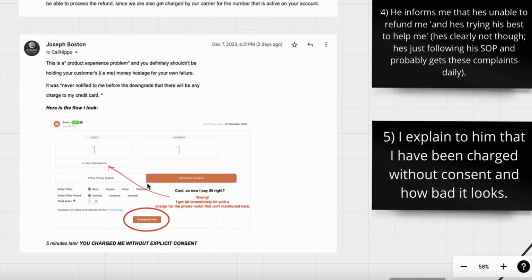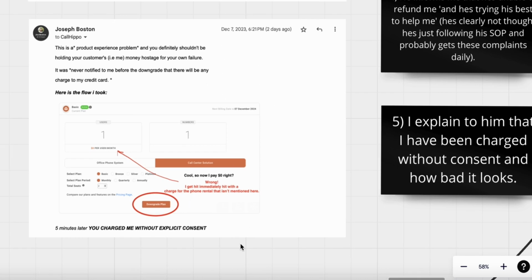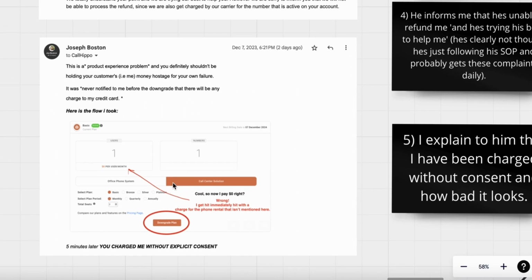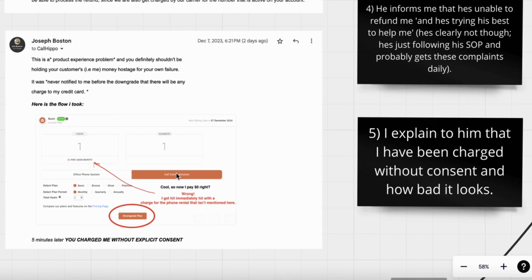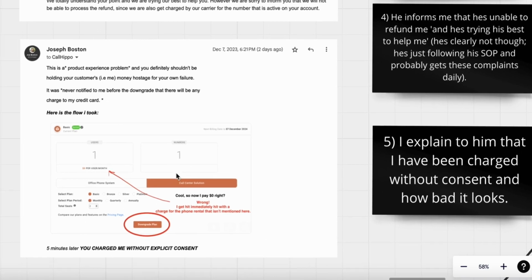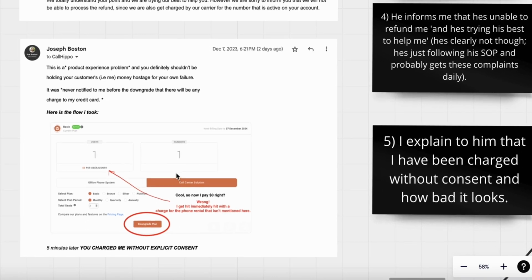And so I just show him the flow. I say, this is the flow I took. Like, this is bad. And I make it very clear. I'm obviously very angry at this point, right? Come on. I've spent about 45 minutes trying to explain the situation to them, and they just keep giving me the same cookie cutter answers